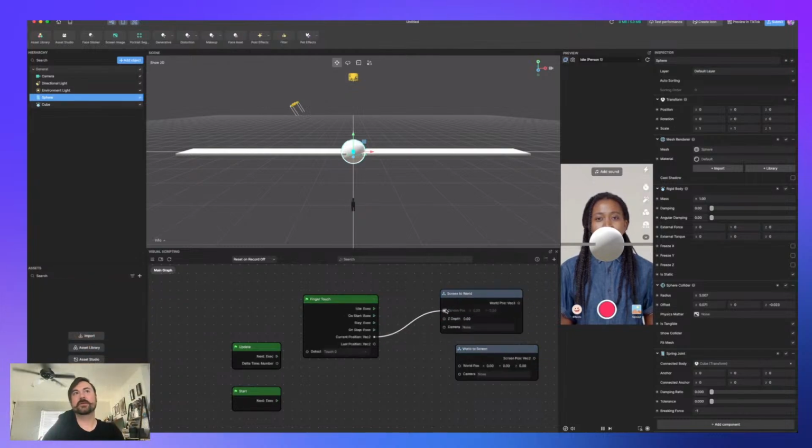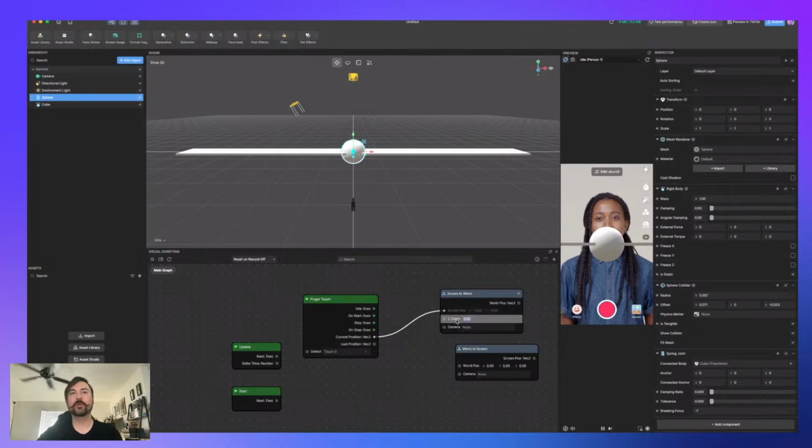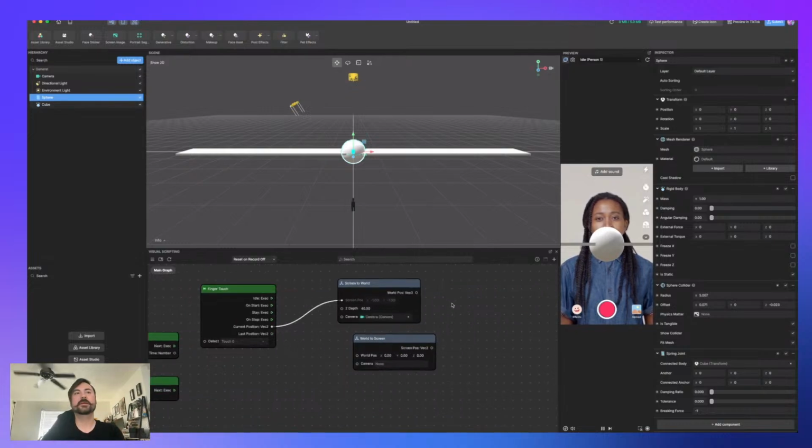And then this Z depth, I want to make sure that this is the distance between the camera and the sphere. So the sphere is at 0 and the camera is at 40. It usually defaults to 40. So then I would put 40 here, and then I would select that camera. And now I think that's all set up. So then we would set the sphere position.